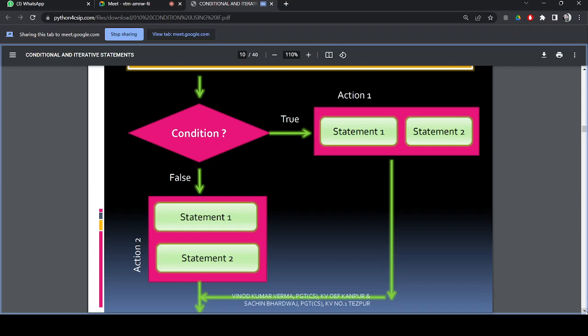Whatever you are seeing in the flow chart diagram in front of your screen, this is the behavior of an if statement. If statement is an example of a compound statement, and in the context of flow control, if you talk about how the flow is working, in that scenario we say that the flow control is selection, selective execution.